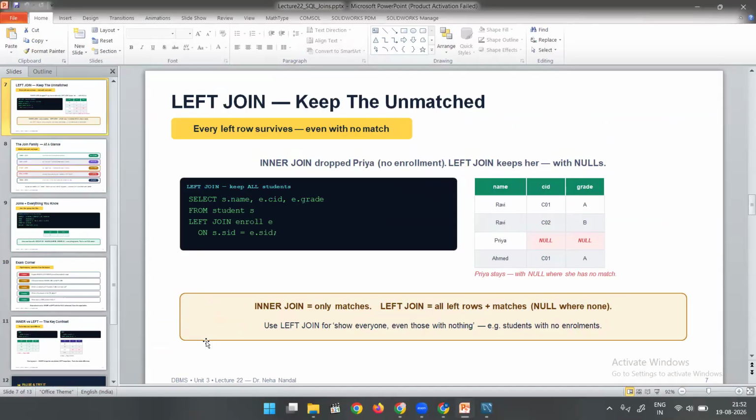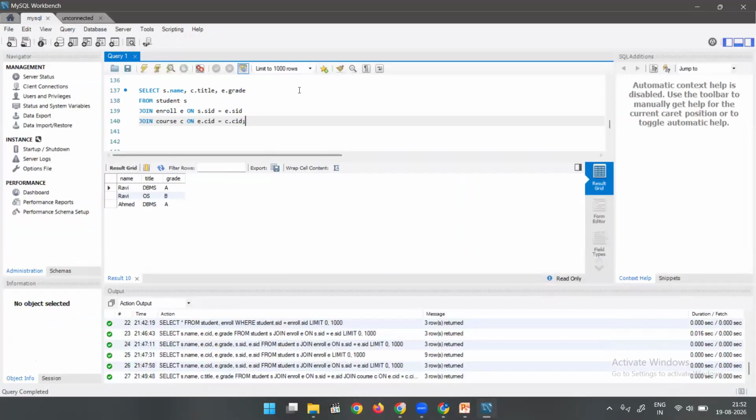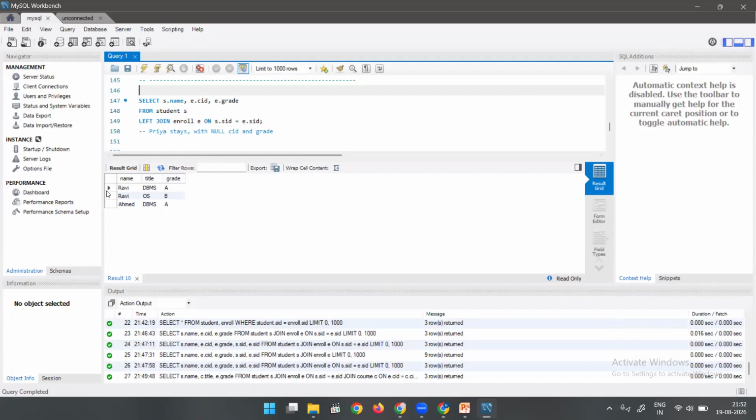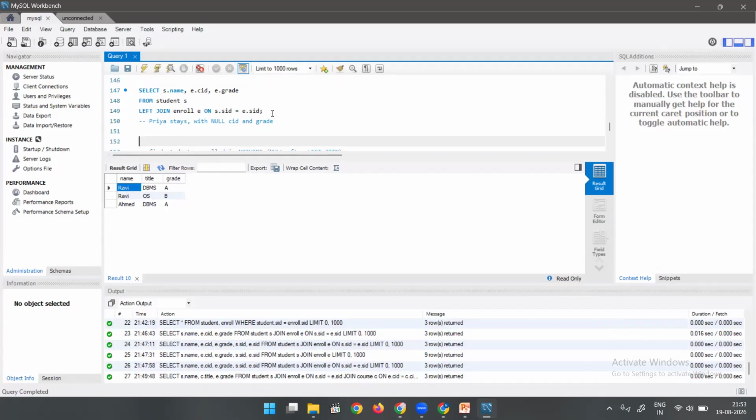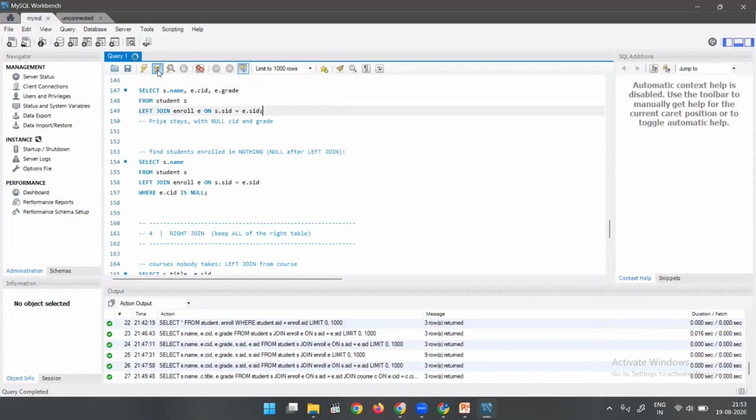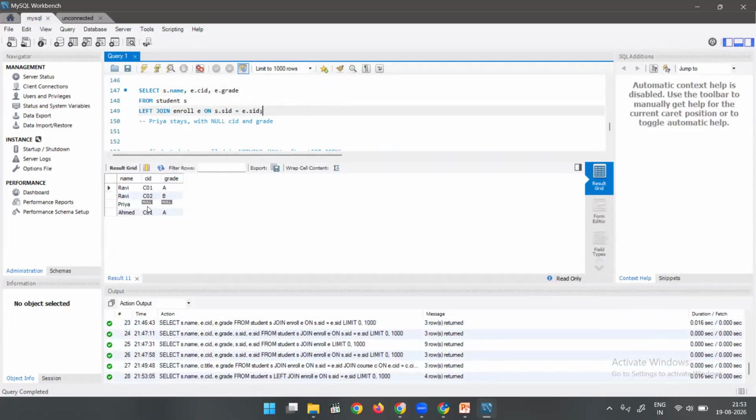So let's see this one also in Workbench. This is our left join; instead of join, we have written left join. Now see how it will look. Priya gets null, null. Although it is not matched, because we have given left join, it has to survive.